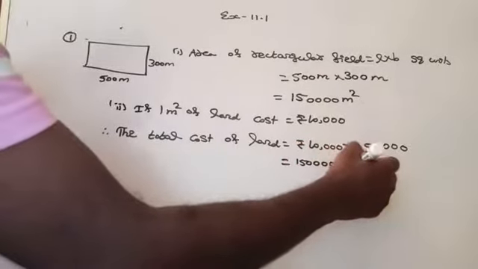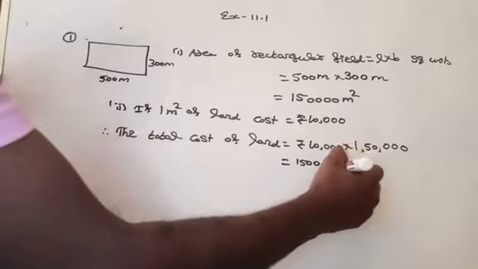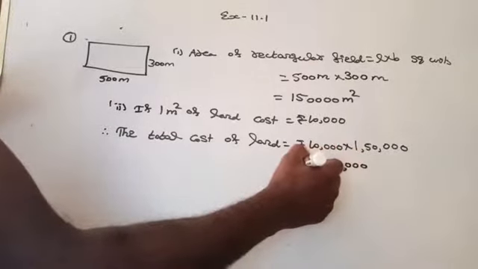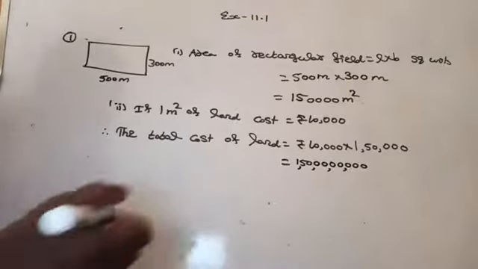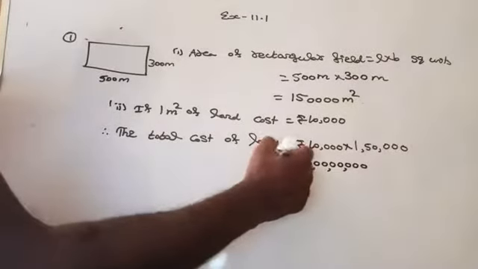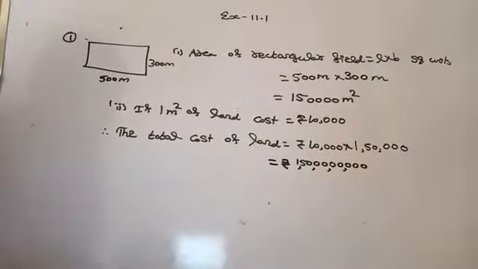1, 2, 3, 4. 100, 1,000, 10,000, lakh, 10 lakh, crore, 10 crore. Am I right here? It is rupees. So it's very simple. If you know the formula, just substitute the given data in the formula and you will get the answer. Are you getting there? Yes. Shall we move to the next question?